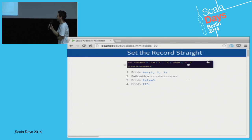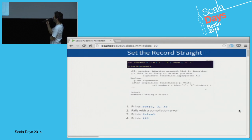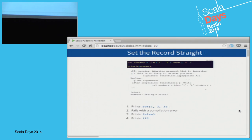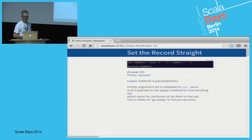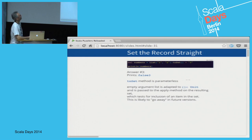print. So I'll still run it just to show. But also, the reason I wanted to run it is to show the warnings. So essentially, what happens here is the auto adaptation of arguments. But let's walk through it. The method toSet doesn't take parameters. So when we put the parens here, it actually treats it as a call to apply, which in case of